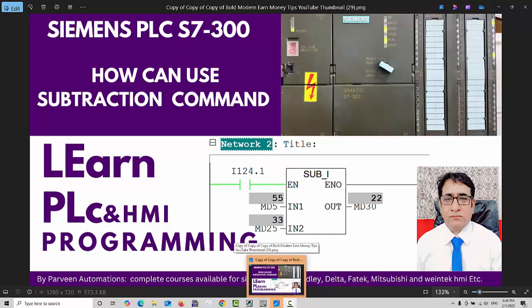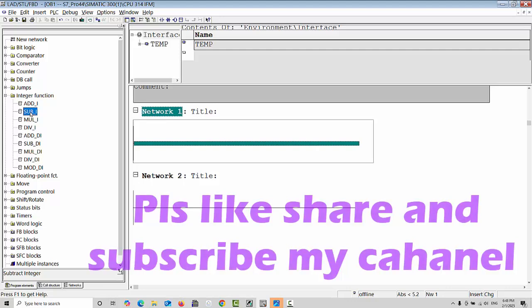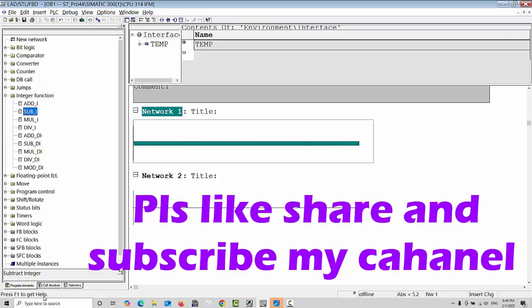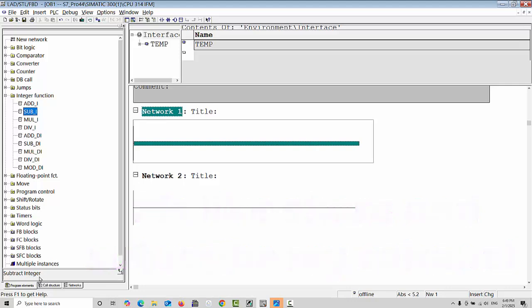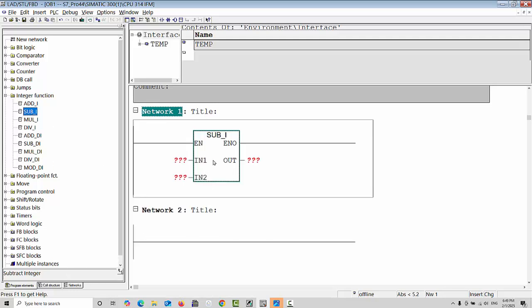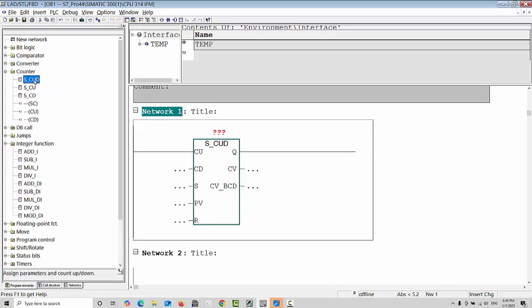So let's get started. I will open my SIMATIC Manager software, and here we use the subtraction command. In the previous video, I explained the addition command, and now I will explain the subtraction command. Also, you can see at the bottom, subtract integer. So double click on this, or first we will go back to the counter, and here we will take one